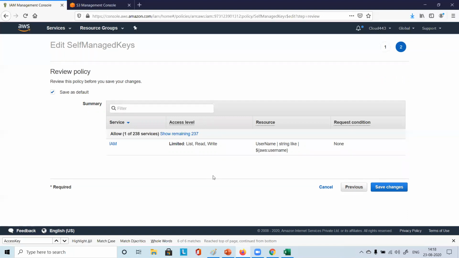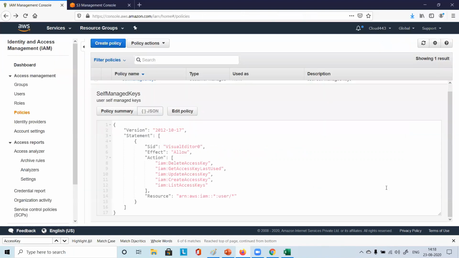So by this we end this IAM, right? You just try to understand this. You just try to work on this. You try to attach this policy. You see the implications, how it is going to impact the user, right?